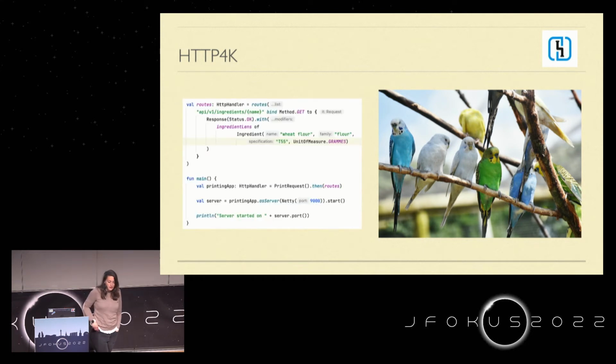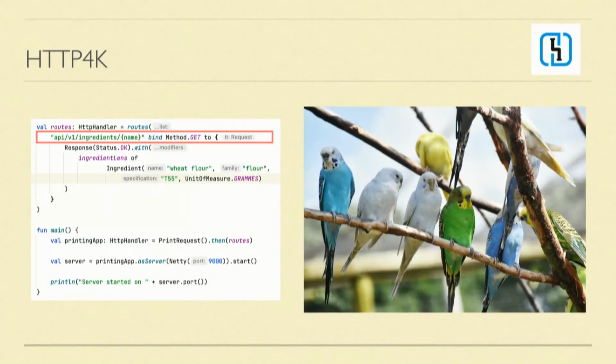This is how the code will look like. We'll focus on the upper block. The second function is the main function, which will look a bit like the main function of the Ktor application. It's apparently how we as a community want it to look like. And then let's have a look at how I can declare my API there. I have this routes block where I can declare my API using a DSL. I can bind my URL to a get method, and then using the word to, I can bind my business logic with it.